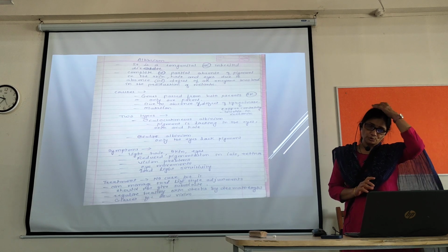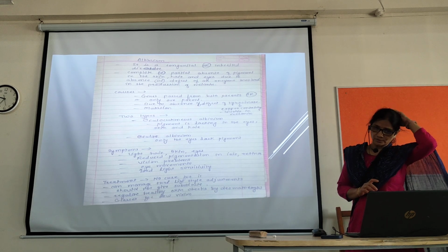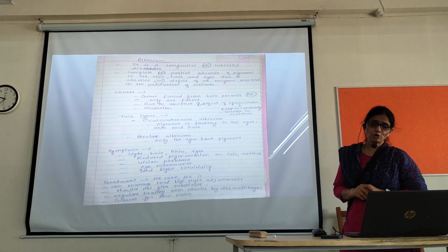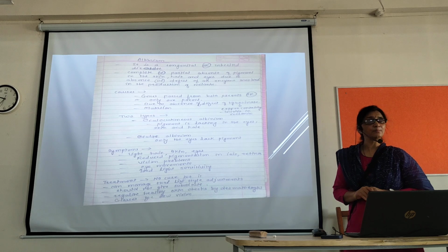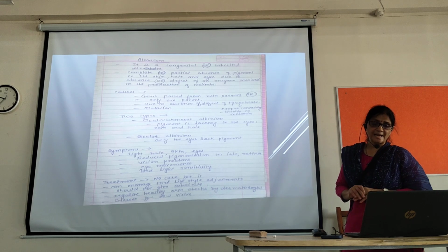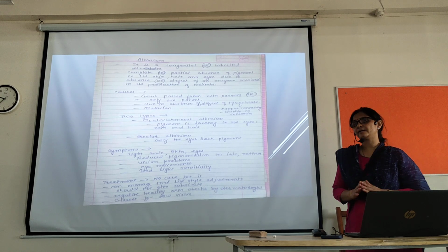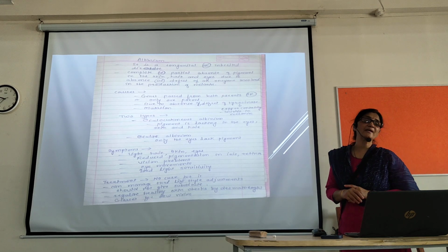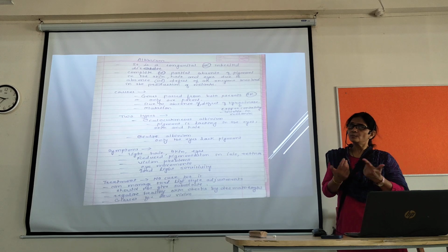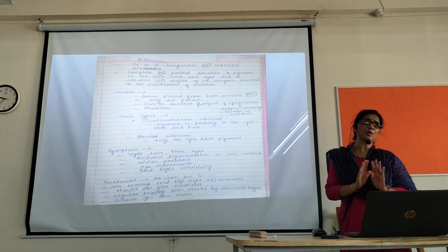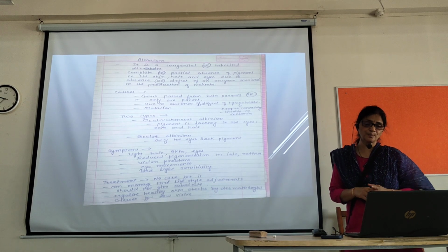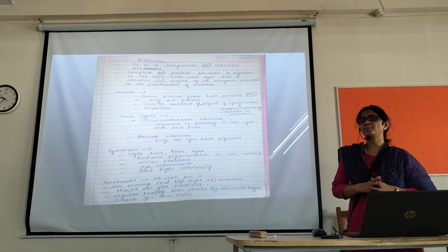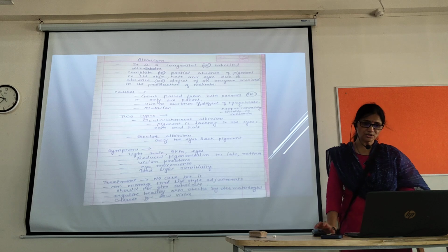Okay, so two types of albinism are there. That is oculocutaneous albinism. Means what? The pigment is lacking in the eyes, skin and hair. Okay. And ocular albinism means only the eyes lack pigment. In the rest of the body, pigment is formed properly. But in this type of albinism, only in the eyes there is a lack of pigment. So symptoms: